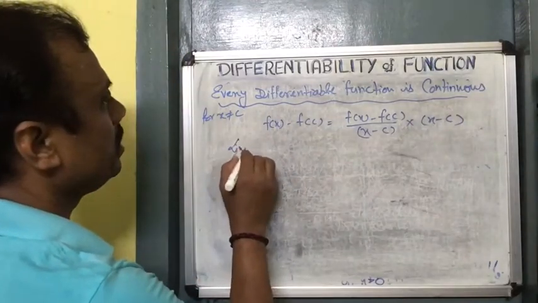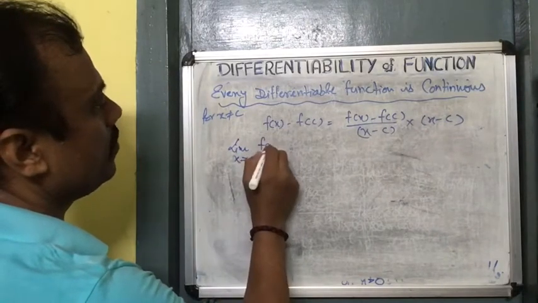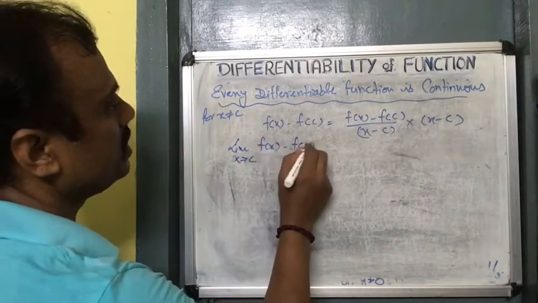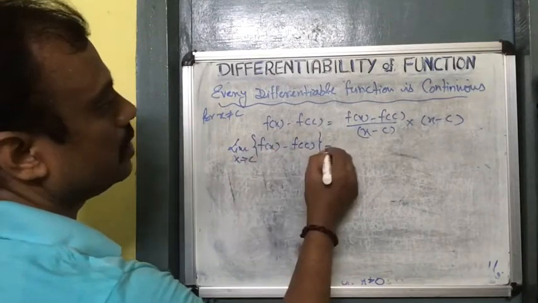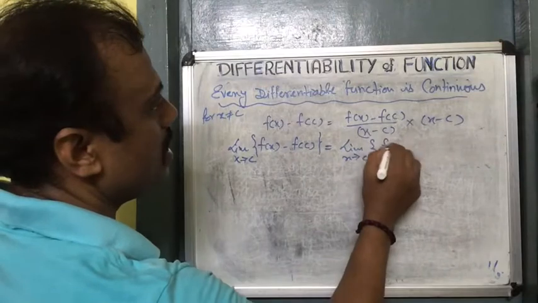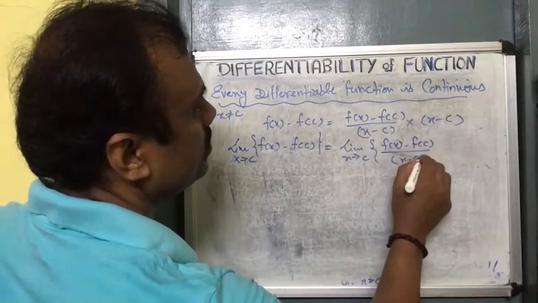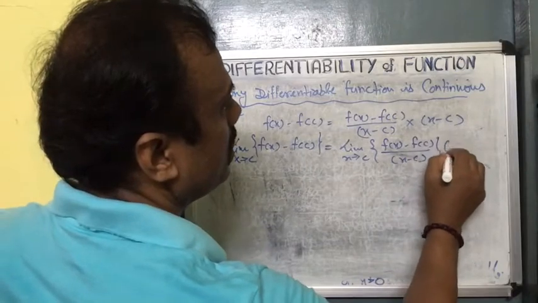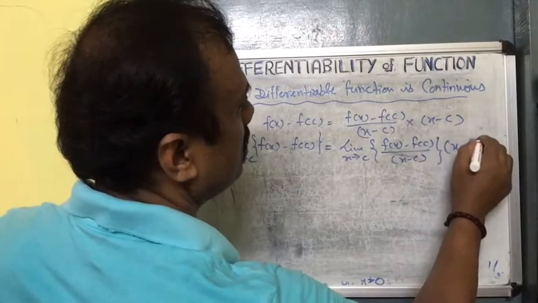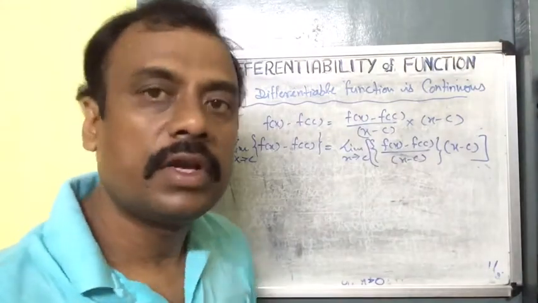So limit x tends to c, f of x minus f of c equals limit x tends to c, f of x minus f of c divided by x minus c, x minus c. Limit of both sides. Now using the algebra of the limit